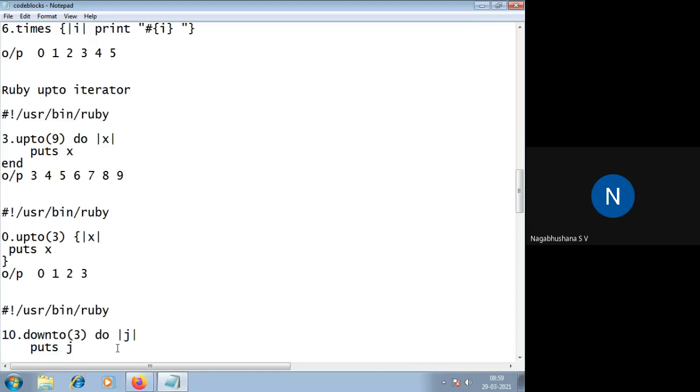In the examination, if this is asked, you have to write a separate program for each of these. Write a one-line definition about what the iterator, I mean the method, is. Then you can give an example with an output. These things are mandatory when you are writing the answer for this question. Any clarifications in this? Anybody?